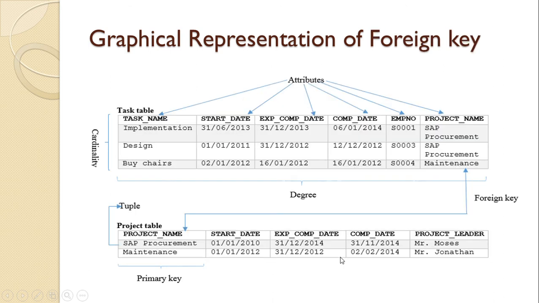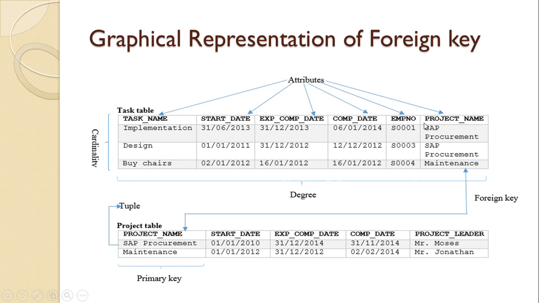Now this is the graphical representation of a foreign key. This is the task table, and this one is the project table. The task table contains several columns, including one column, project name. Here in the project table, the project name is also present, which acts as a foreign key.